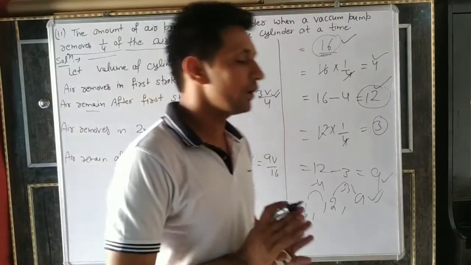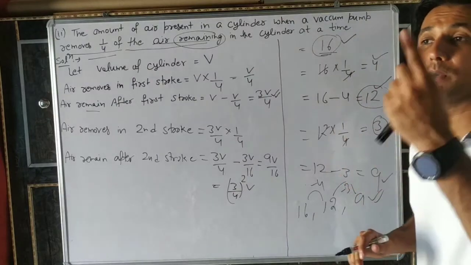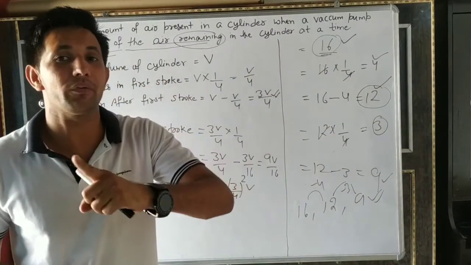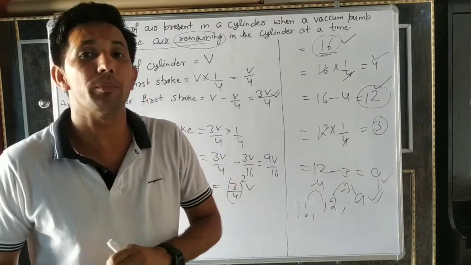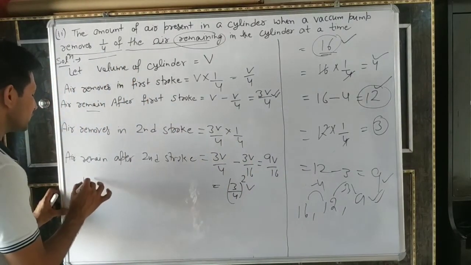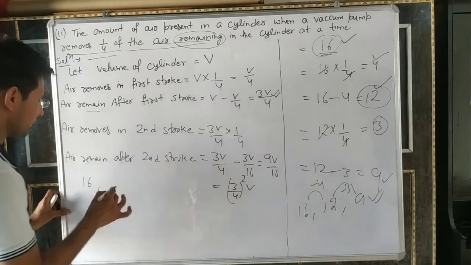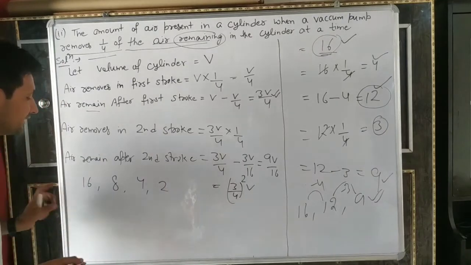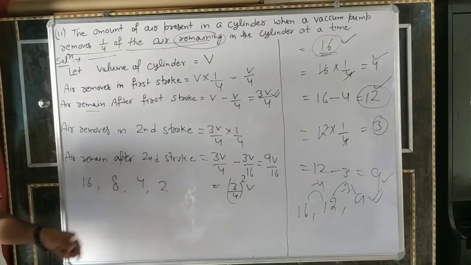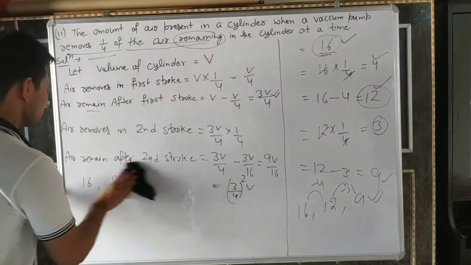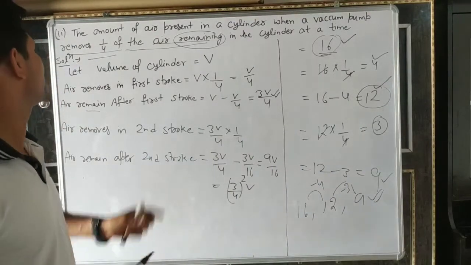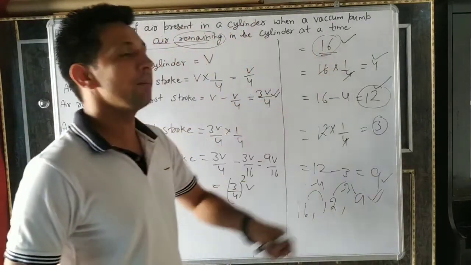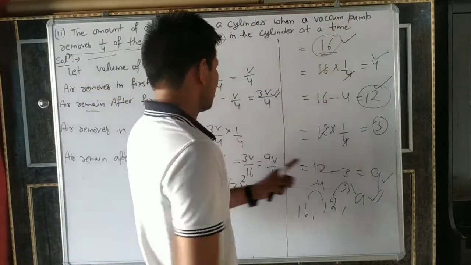Every time remember, dear, whenever it comes that your money is left and your money is spent by your friend every time, half of your money. If suppose in the starting you have 16, half, how much remains? 8, now 4, now 2, every time half. So is it an AP? No. 16, 8, 4, 2 is not an AP. So whenever in a question it comes 2 upon 4, 3 upon 4, fifth time, it does not become an AP. It is just an example, but it is your procedure.